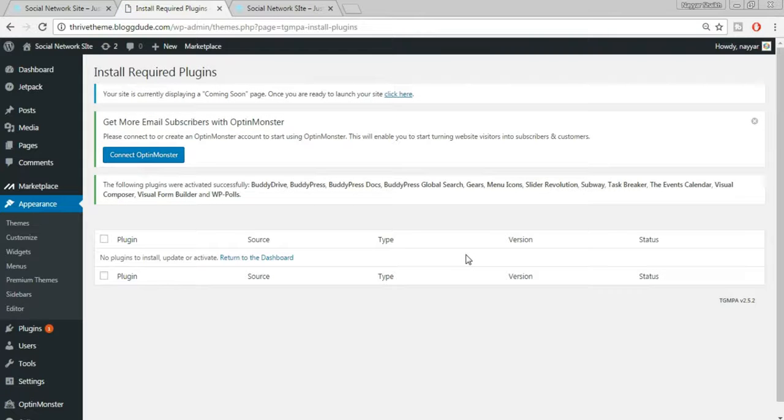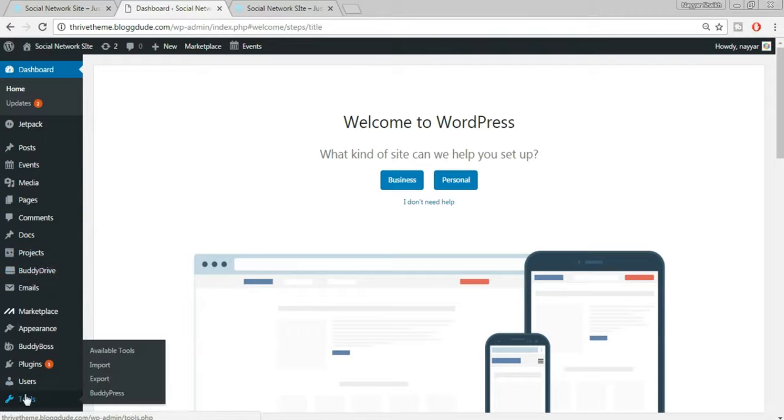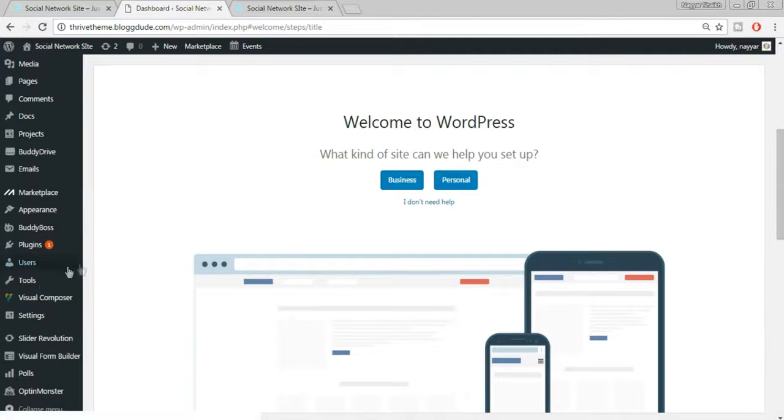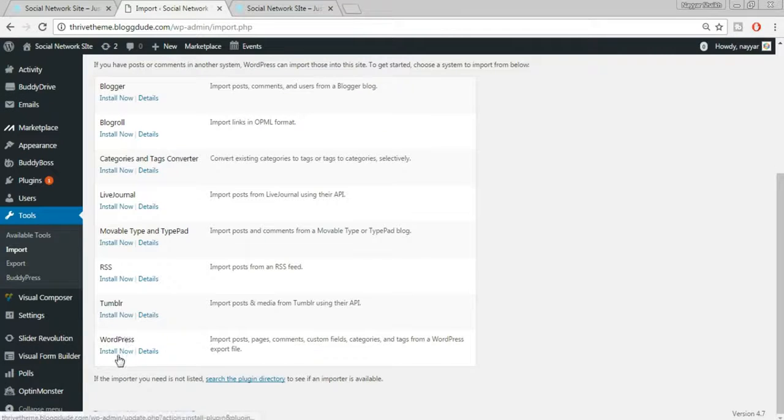Okay, so once you have installed and activated all the plugins, come back to your dashboard, and at the left sidebar you'll see something called Tools. It's over here. Hover over Tools and select Import. Now at the bottom you'll see WordPress, so click on install now. Now click on run importer. Now click on